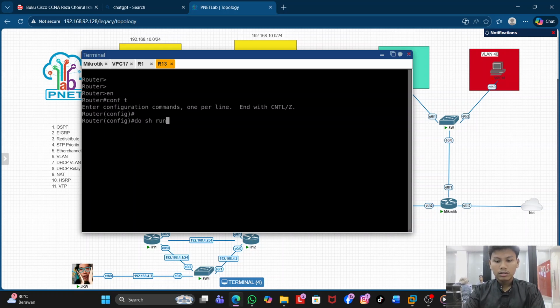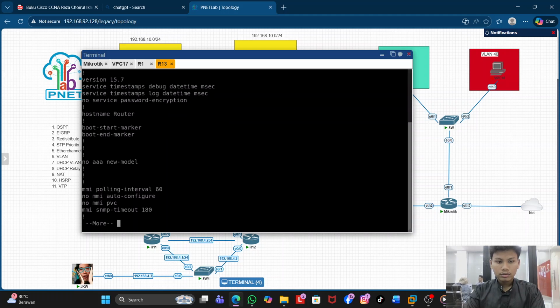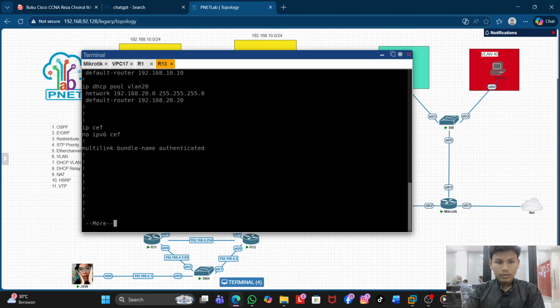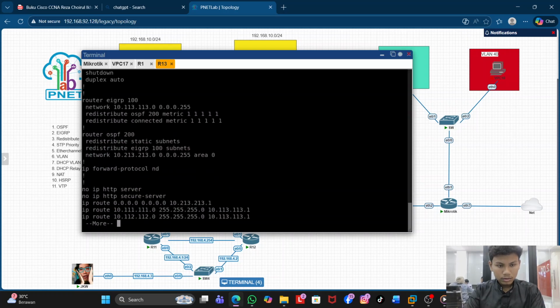Do show run. Here router EIGRP redistributes OSPF 200 with a metric, and router OSPF redistributes EIGRP.